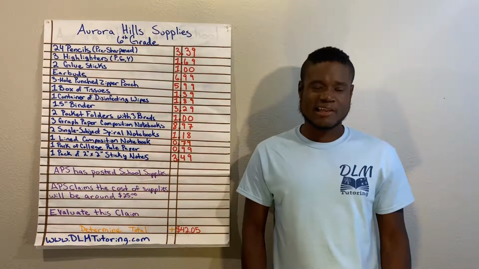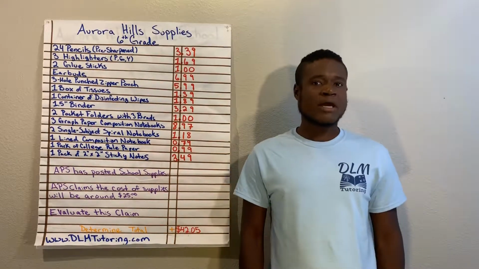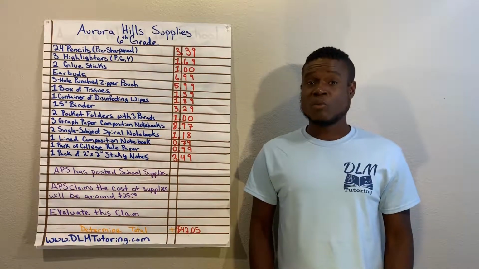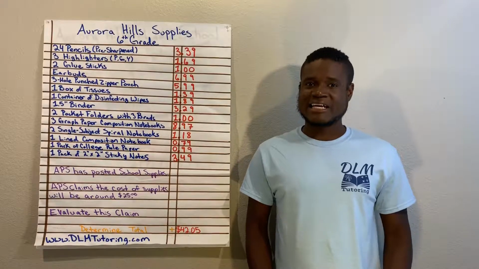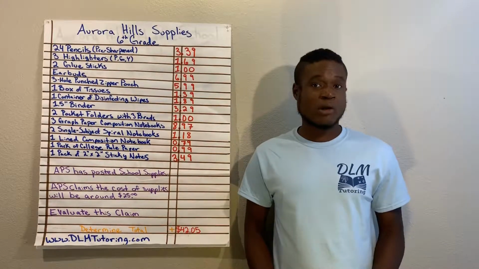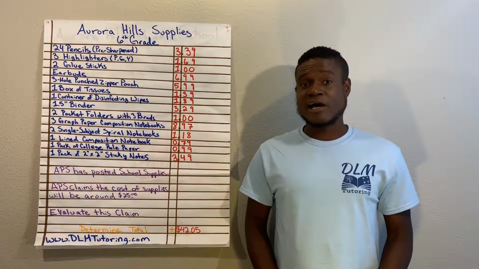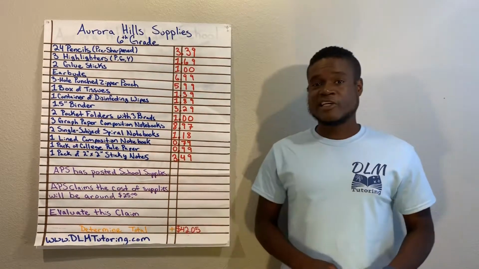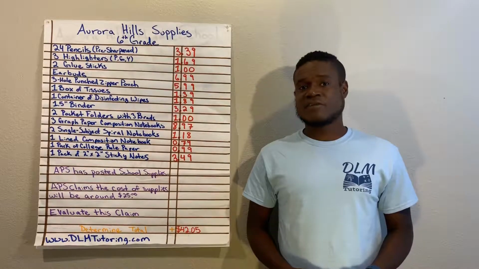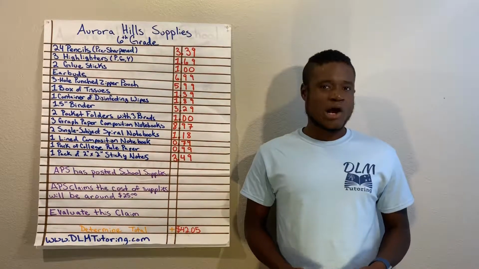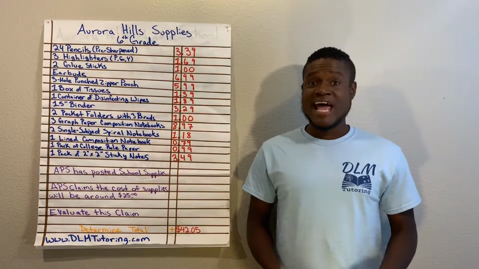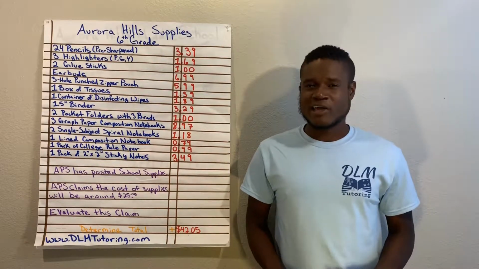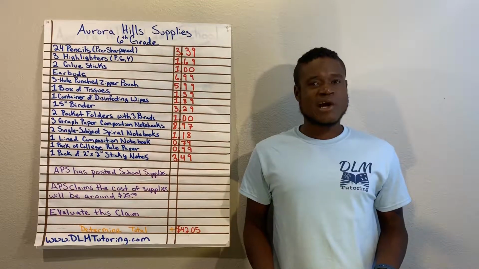Schools supply list, specifically for the Aurora Hills Middle School here in Aurora, Colorado. Now, if you've watched our previous videos, we've learned how to add decimals and multiply decimals by whole numbers. We found out that the total supply list that we can see right here actually is going to cost $42.05 for one set at our local Target. Now we're going to learn how to multiply decimals by looking at what sort of discount we could get with